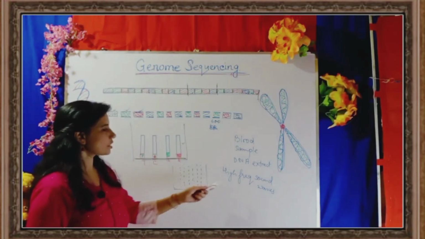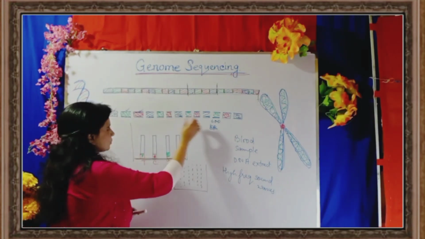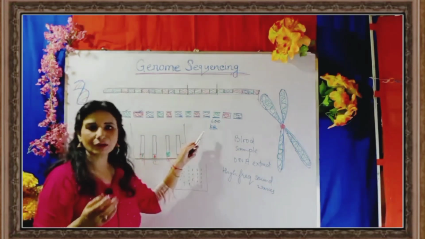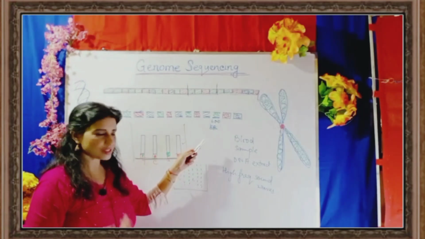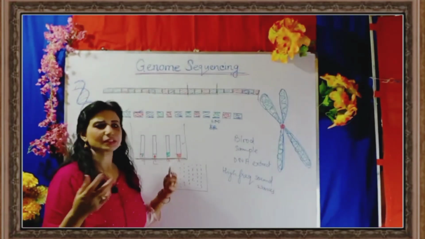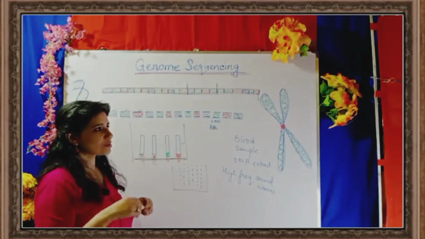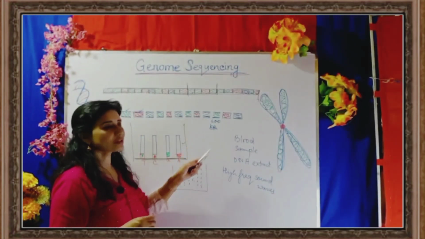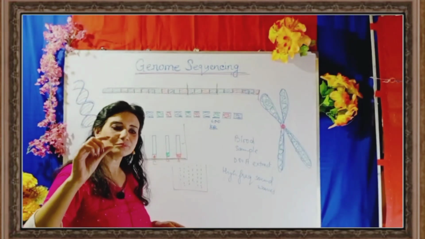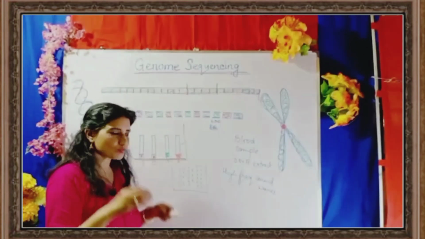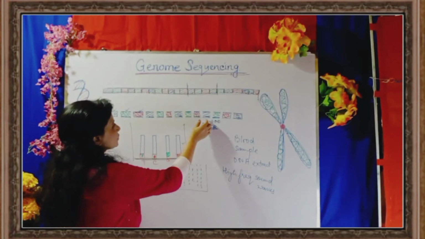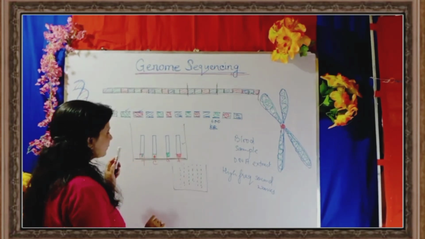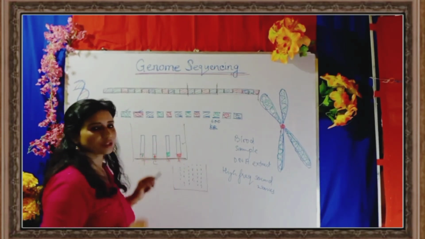High frequency sound waves chopped the entire genome into smaller pieces. Each piece could have, say, 600 bases. These are each a single segment of DNA, which is so small. Now each segment of DNA was taken and marked with a different color tag, and this tag could now be attached to the glass slide.